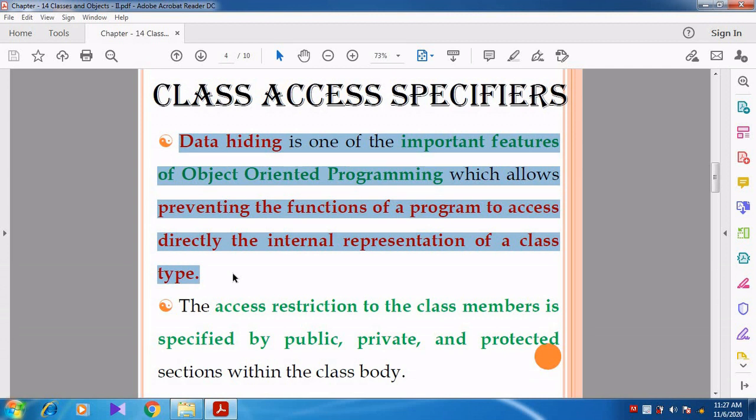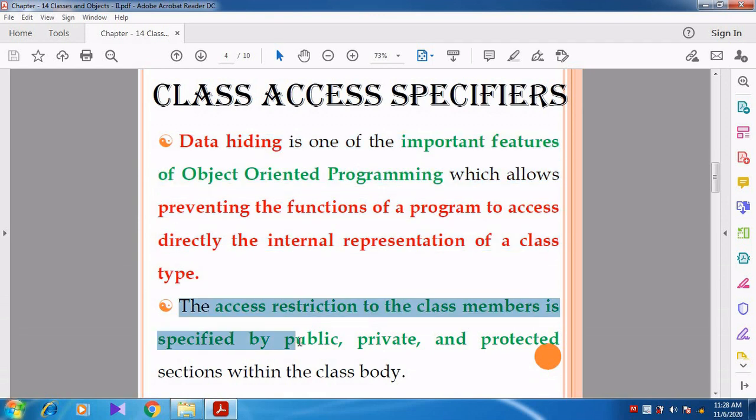The members should not be accessed outside the class. So those members, we are going to hide inside the class. We are going to prevent outside access. That is called data hiding.